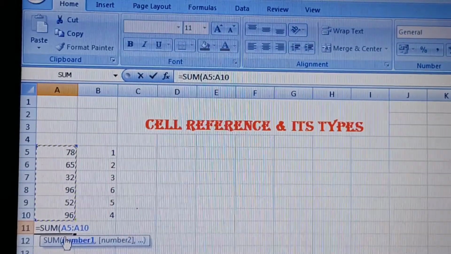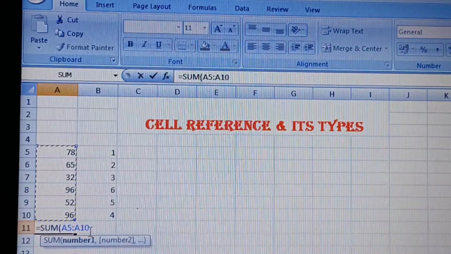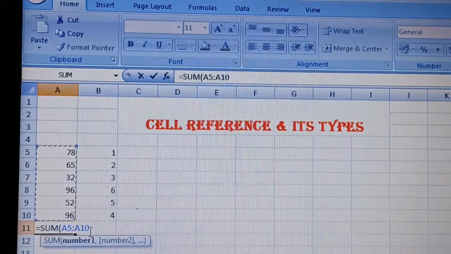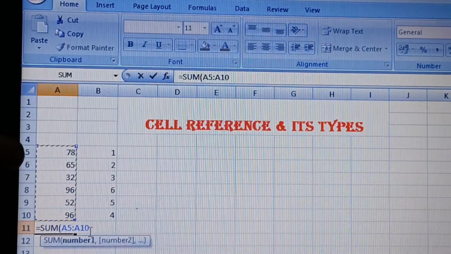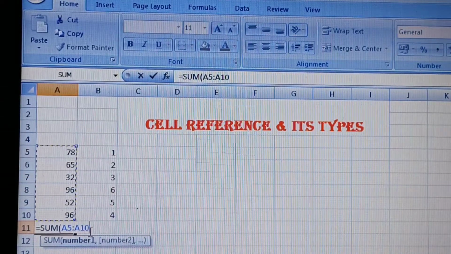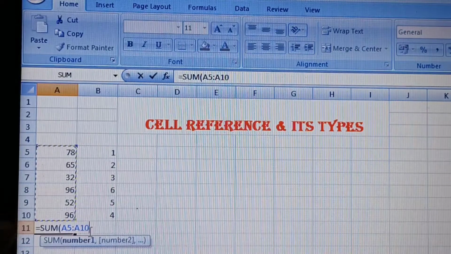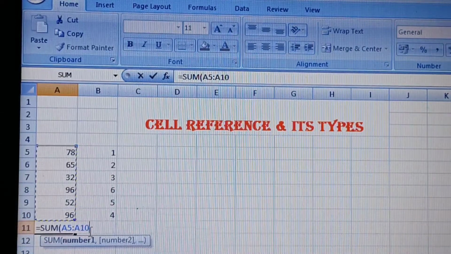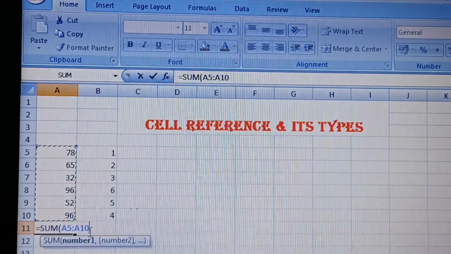You can see in the formula A5 colon A10, it starts with the starting position of this cell address A5, where A is the column and 5 is the row, and it ends with A10. 10 is the row and A is the column.